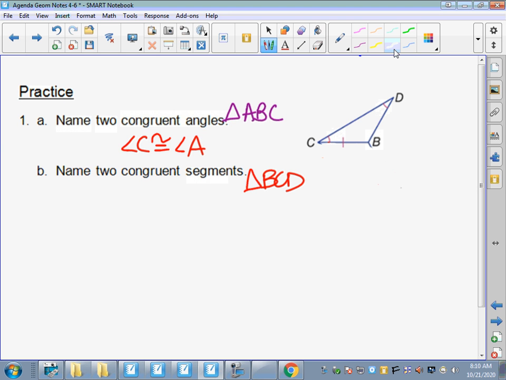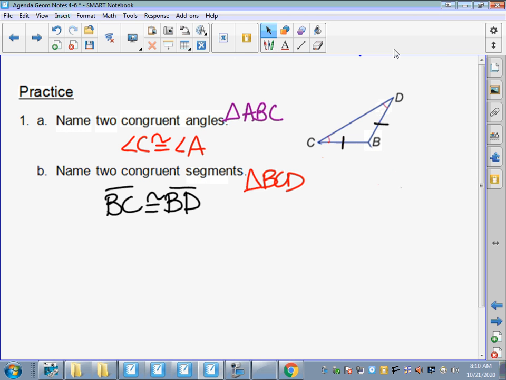So the opposite sides have to be congruent. Opposite from angle C would be BD. Opposite from angle D would be BC. So BC has to be congruent to BD. I do want to make sure that I mention that one side BC already had a congruent symbol on it,